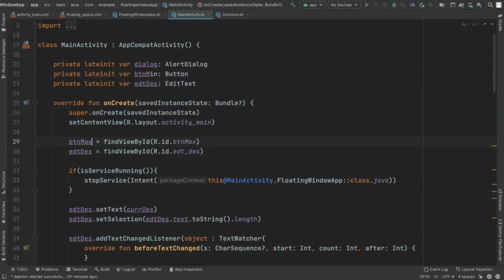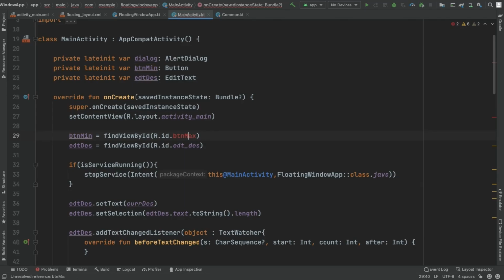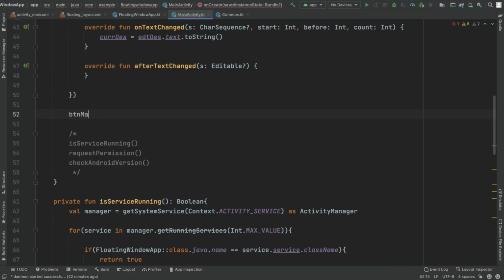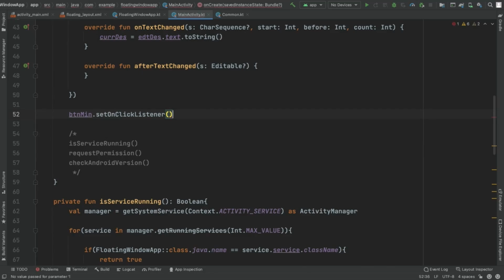Okay, let's also change it from here. We have button min. Also change the ID, button minimum or min. Here it is. Okay, so button min dot set on click listener. Okay, not this one. We have dot set